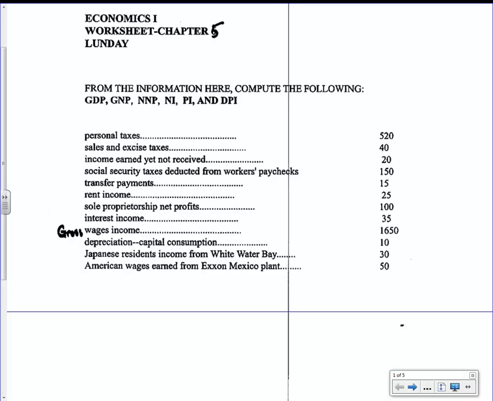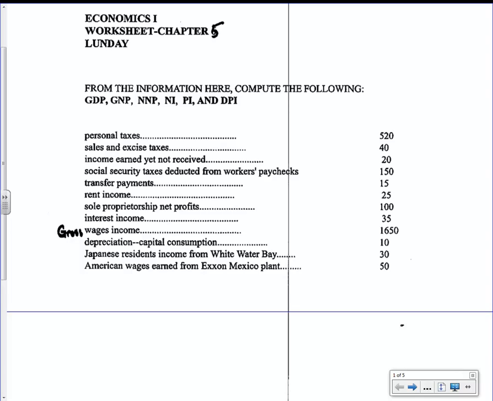I want to work with you through the Chapter 5 worksheets. These are listed as optional problems on your work page, so on your course page. If you could, make sure that you have those, and we'll work through those together so I can help you with where the answers come from. Be aware that Chapter 5 historically has probably been the most difficult chapter of the textbook. So therefore, I want to give you all the resources that I possibly can to help you with the understanding